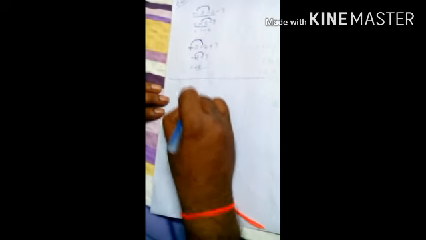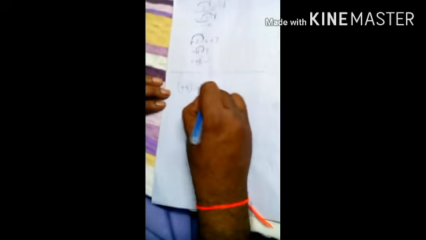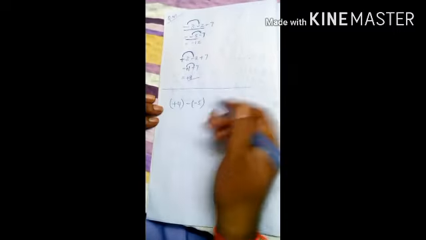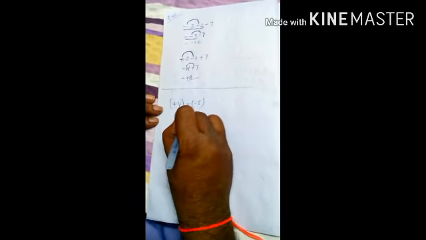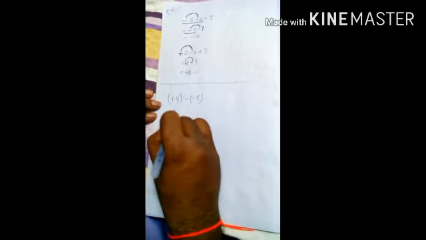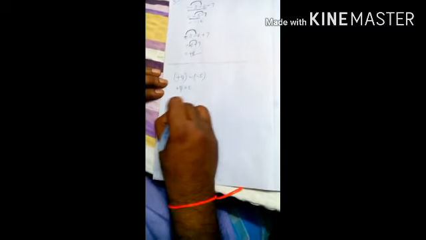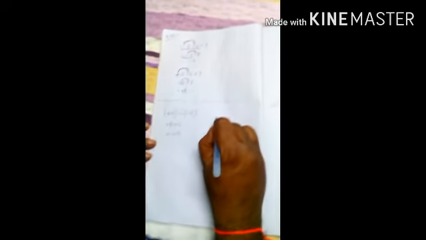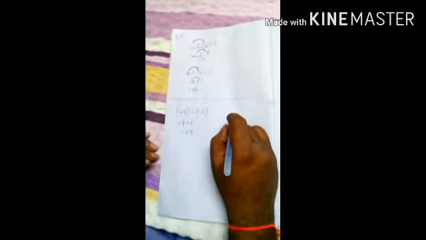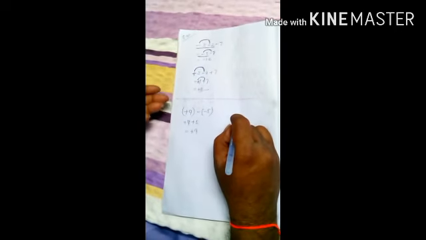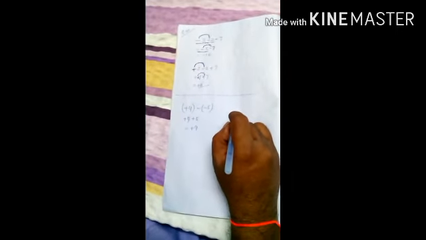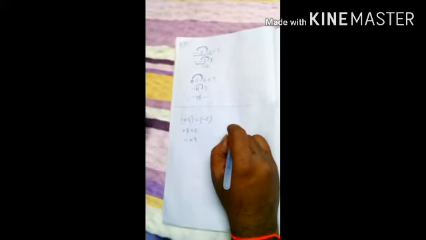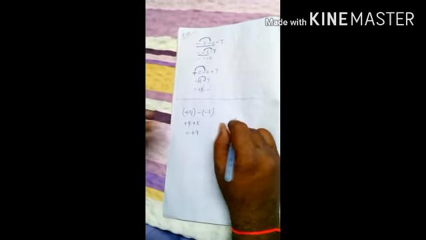Normally, plus 4 minus minus 5. You people are habituated, you are applying plus 4, minus into minus plus 5, is equal to, the answer is plus 9. But okay, I am explaining in another way. If it is okay, you follow this one. Otherwise you follow as before. What you are following so far, you follow that only.